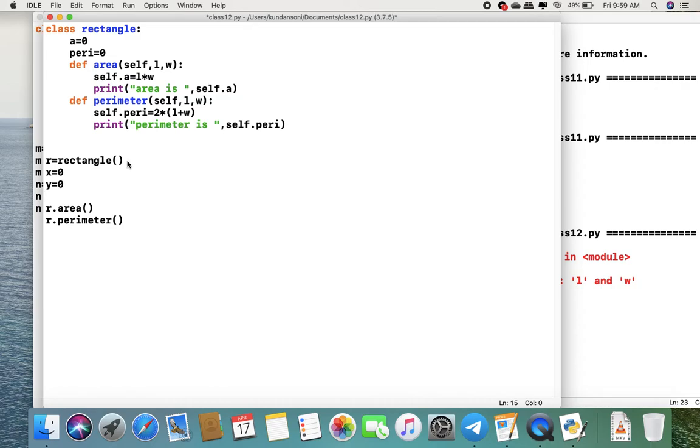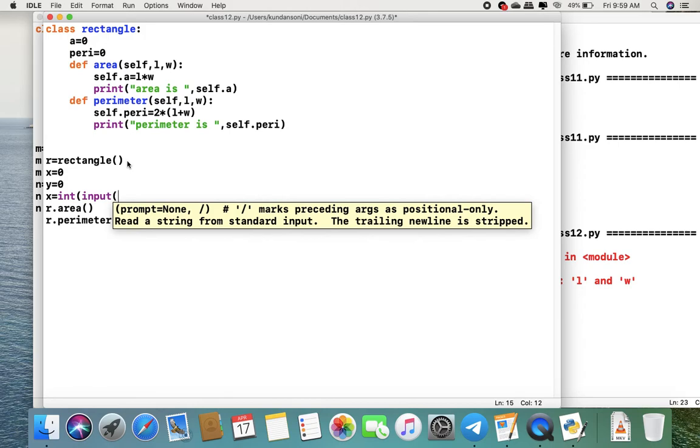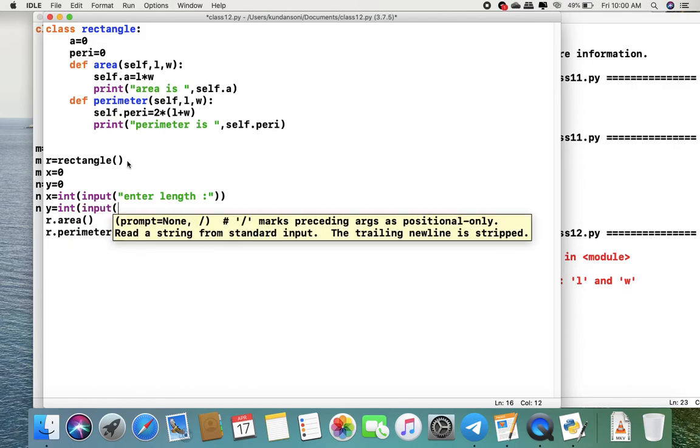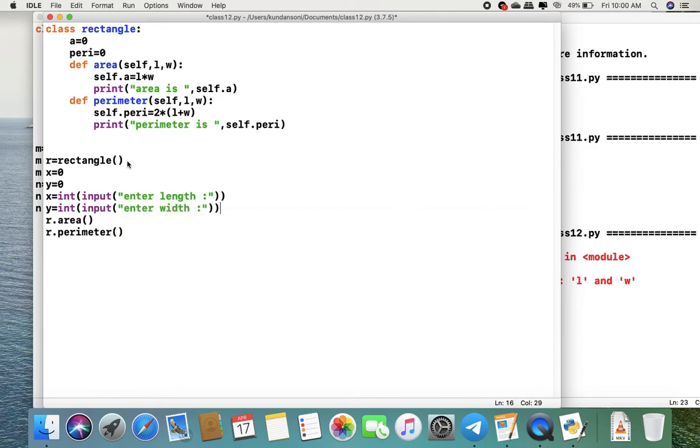Here I write x equal to int(input("enter length of rectangle")) and y equal to int(input("enter width of rectangle")). This will call area(x, y) and perimeter(x, y). Now we save the program and run it.